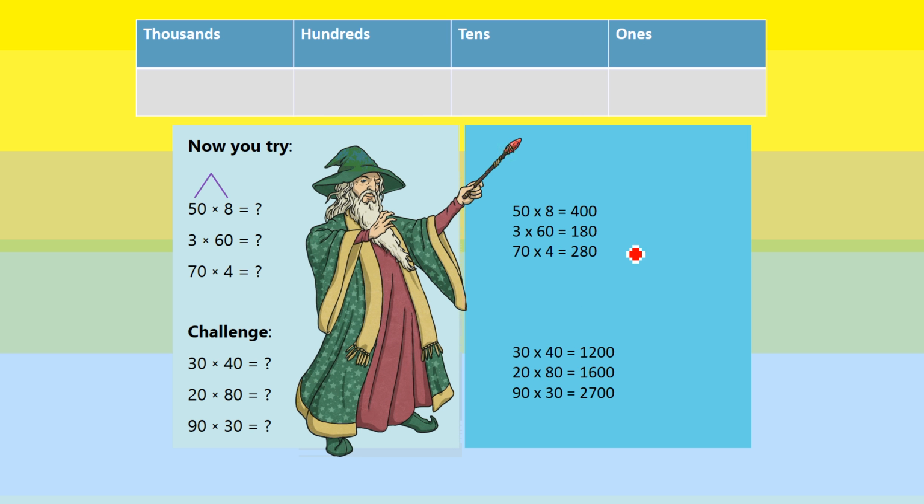Okay, here are all our answers here. Hopefully you got on okay with these ones. These ones here looked a little bit tricky because we've got extra zeros in there. I hope you managed to work out that because we've got the extra 2 zeros, that you needed to make